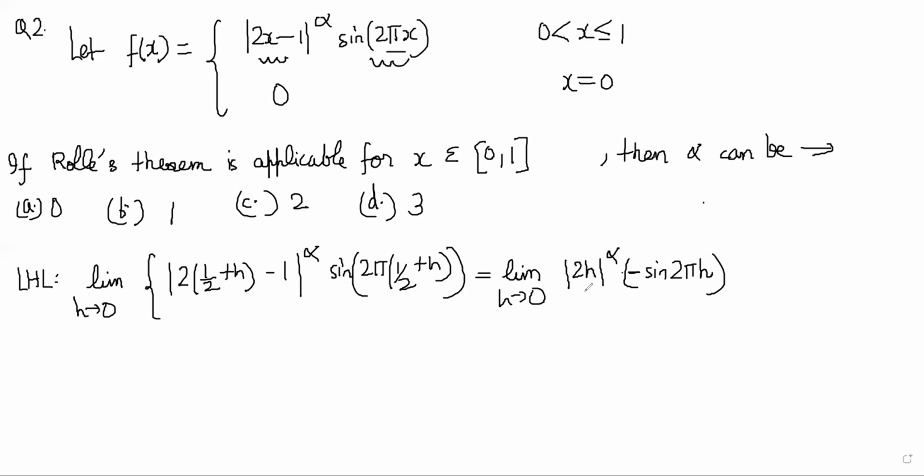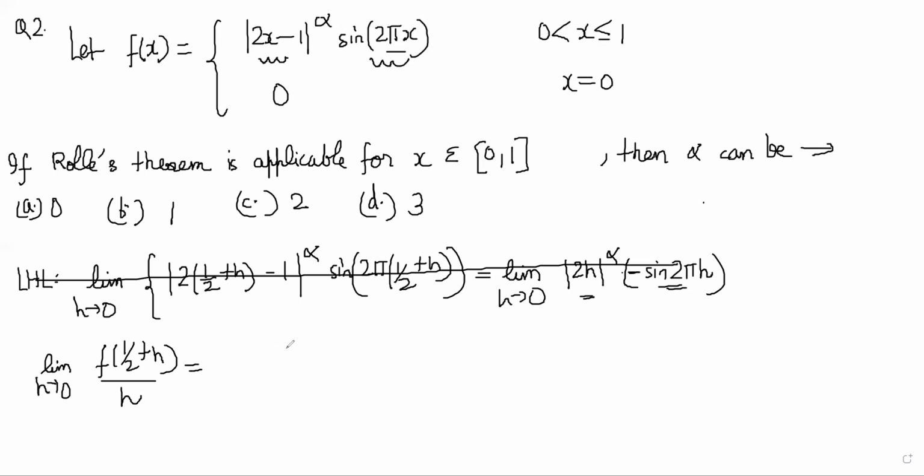Now this part is still becoming 0, this part is also becoming 0. So it is still 0, it will be continuous still, right? No matter what the alpha is, it doesn't matter actually, both are tending to 0. A similar thing should happen when you do half minus h also. So continuity is still true. Now I have to do differentiability. So I'm doing limit h tends to 0, f of half plus h by h, right?